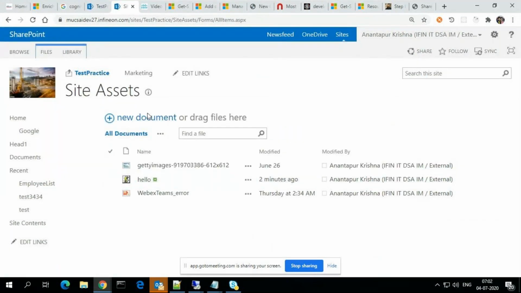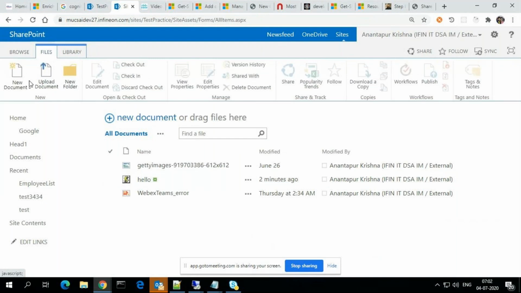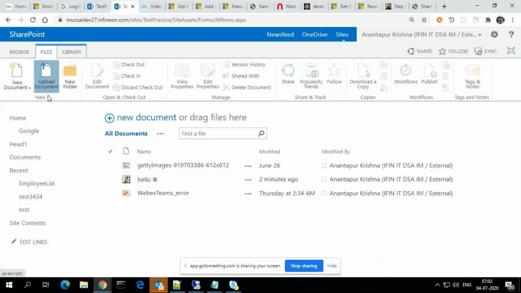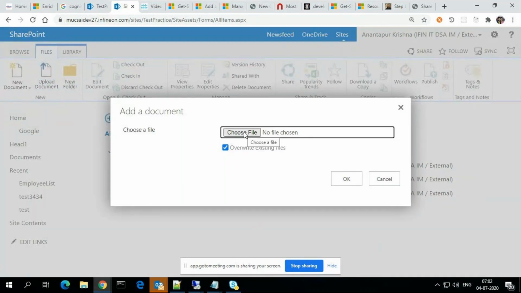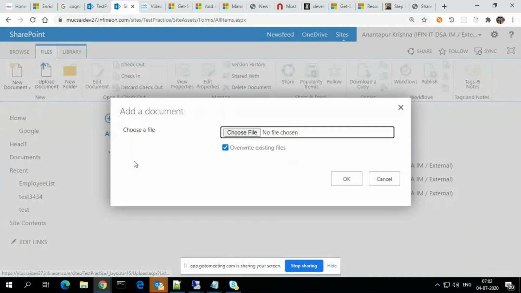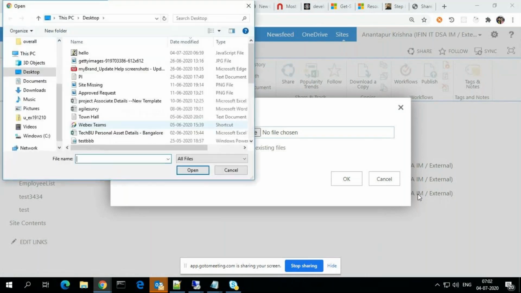So you are saying that you can upload directly, clicking this new document and then. Otherwise, I can do the same thing. Okay, I am doing it here. Can you see? Yeah, same thing only. So there are two ways. Usually, this is the two ways. If you click on new document and just upload it, that also is possible.